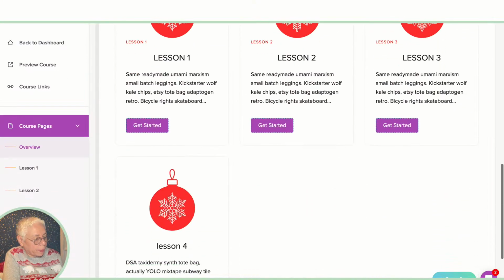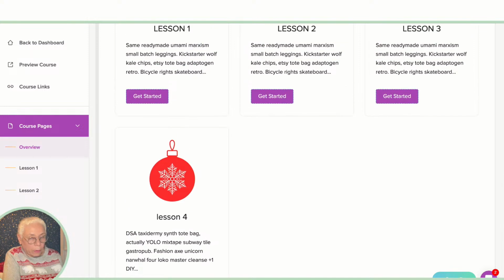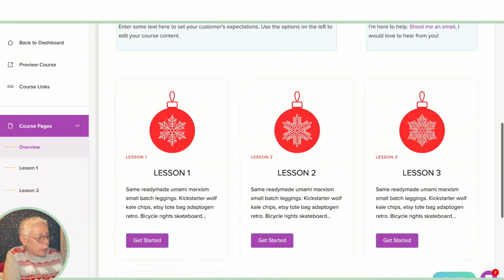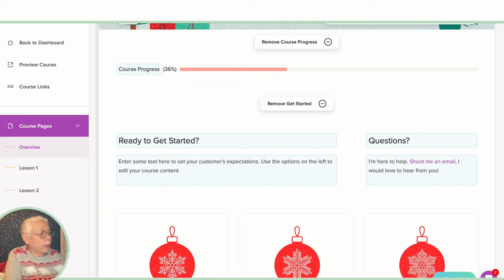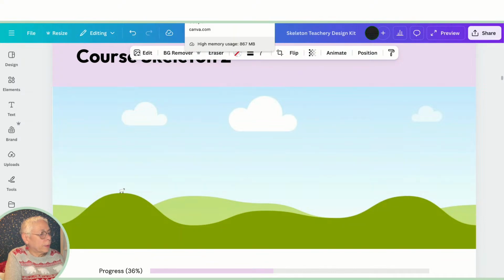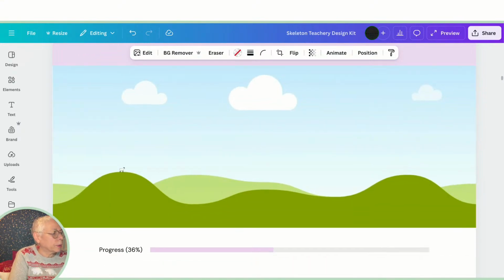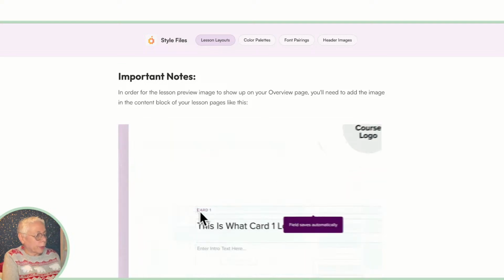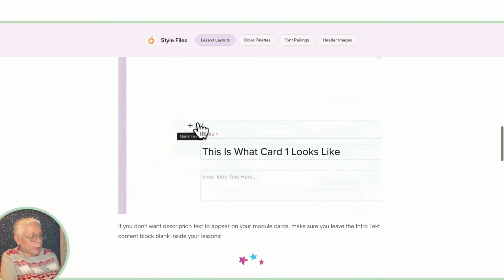lessons, right? We got god awful purple buttons, which can be changed again where that color palette is. We can change those there. And what I'm going to go back to is, not the skeleton. Wait a minute. I do want to go here. Okay, this is my style guide. Okay, we've done that, but I'm going to grab my